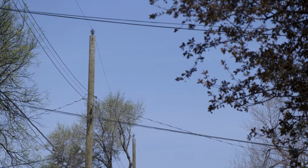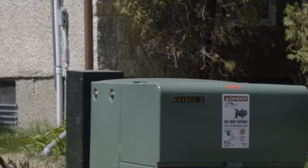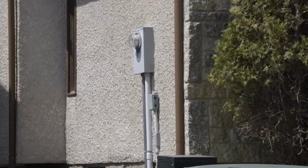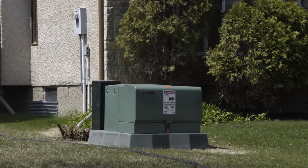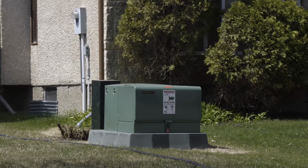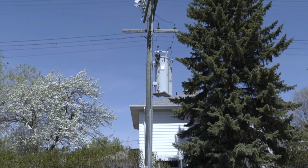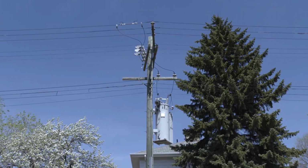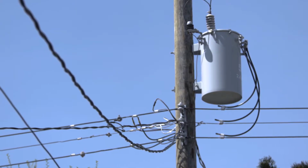These power lines are either carried on poles overhead or buried under the ground. These boxes are called transformers. If the power lines in your neighborhood are buried underground, the transformers are a green box sitting on a pad. But if the power lines in your neighborhood are on a pole, the transformers are a gray barrel, also on a pole. Their job is to lower the voltage one more time so it can travel from the lines to